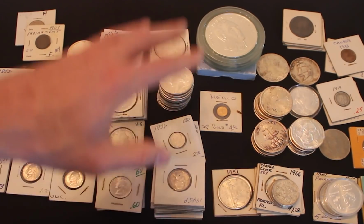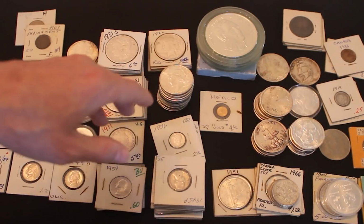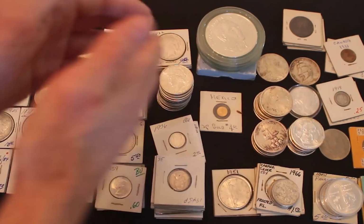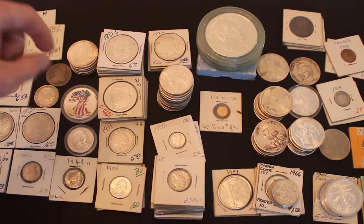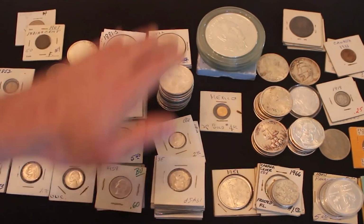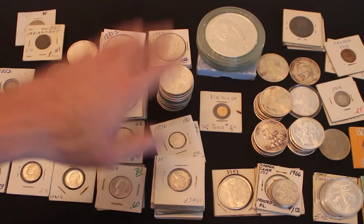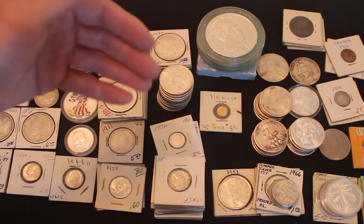When I'm on my own after I get a big shipment of gold or silver or coins, or whether I'm at somebody's house and going over it at their kitchen table, this is exactly the method that I use. I do a divide and conquer, and then I divide the division, and then I divide the division of the division, and so on and so forth until I can get down to the nitty-gritty, and that saves so much time. And I put it all in a spreadsheet on my computer, and that way when I'm done, I can show the person that I'm buying from exactly what they have, exactly what the market value is, and exactly what I'm willing to pay. And then, of course, if we need to, we can still